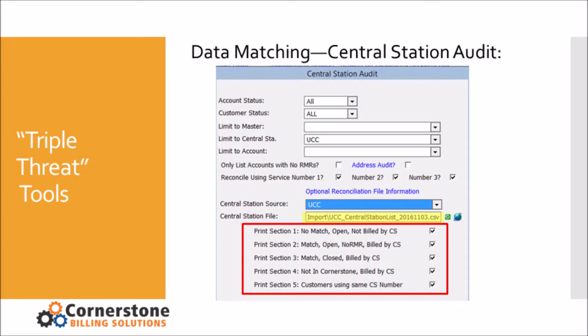And the reason I call it a triple threat tool is, first of all, it obviously saves time because it's very quick to set up and run, especially with an integration with one of our central station partners. It saves money because you're likely going to find accounts that are canceled in billing but still active at the central station. So you don't want to be paying for those accounts. You can cancel those out with the central. And finally, it's going to find revenue because inevitably you're going to find at some point accounts that are not being billed or services that have been set up at the central station but are not being properly billed. So big, really a money finder and money saver.